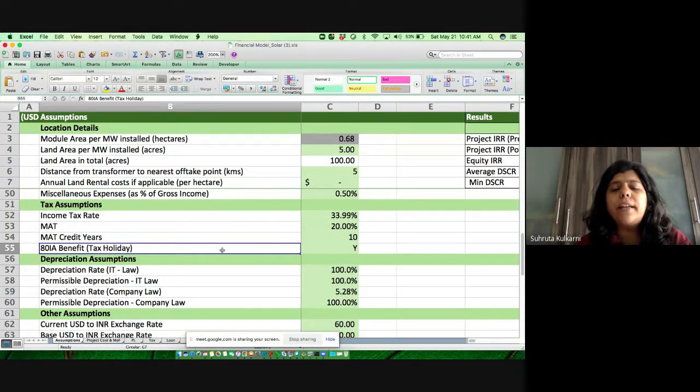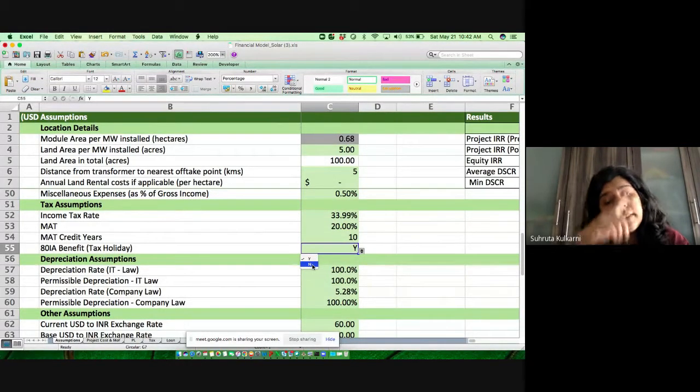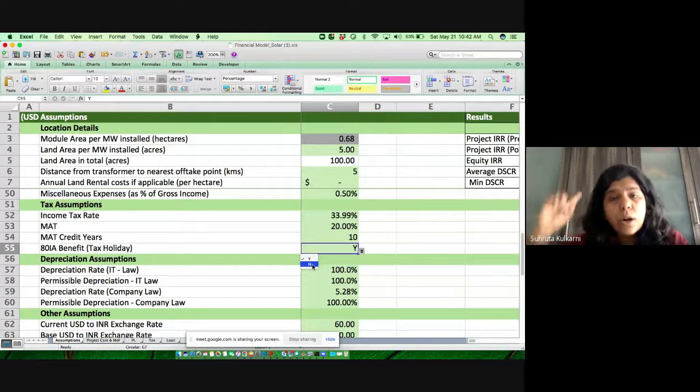And as I said, because this is an infrastructure industry, it also has a tax holiday. So, am I going to avail this? Again, I've created an option. If I say yes, something happens. If I say no, something happens, right? So, all this Y and N is linked internally throughout my financial model. You change one of this and it will impact everything, right? So these are some binary inputs that you have for your project, and these are the numerical inputs that you have for your project, right?